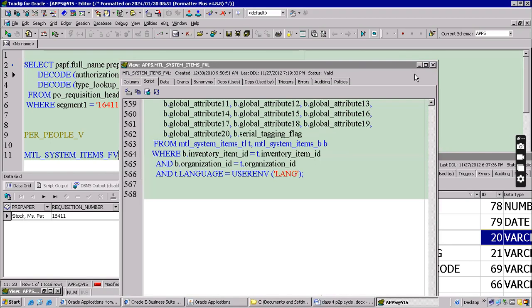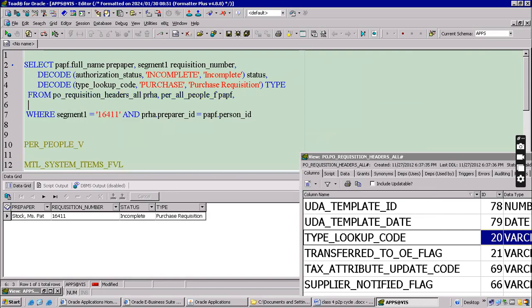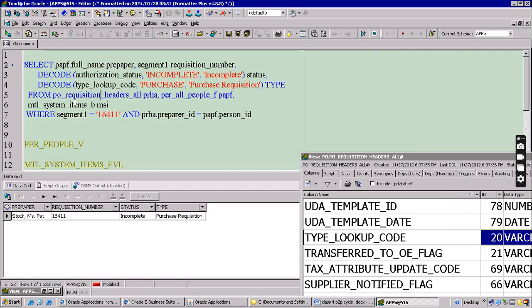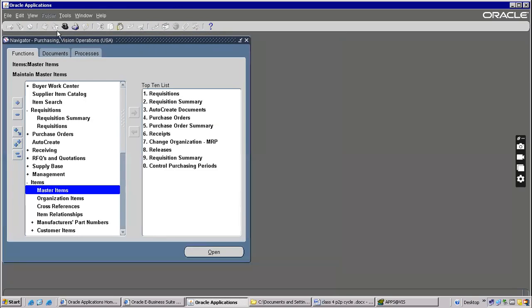Okay. Now what we can do, you can add this particular table, MTL system items B. B is enough. The multi-language table is not required. Now, the moment you add a table, there is no relation between the header table and the item table. The reason is item is not mentioned in the header portion. Go back to requisition.